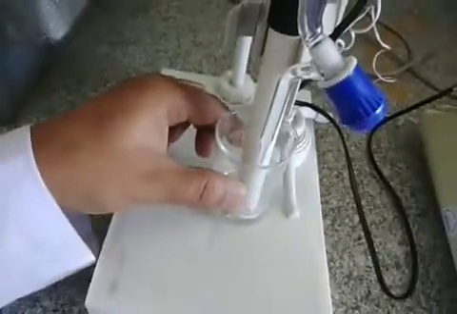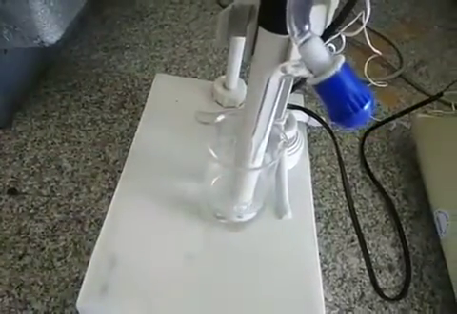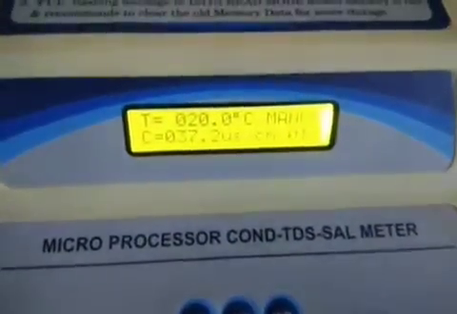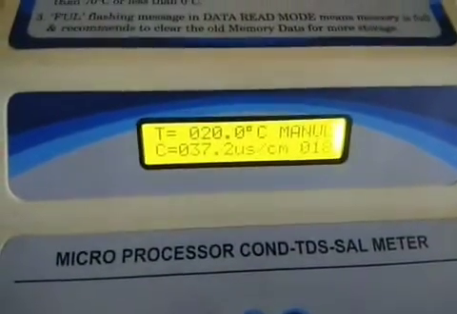So we'll add 1 more ml. I'm going to the burette again. We'll go from 3 to 4, close to 4, not exactly 4. Okay, fine. So this is 1 more ml added, and meanwhile we are also stirring this. Okay, stop stirring. Now we'll see what happens in the conductometer.